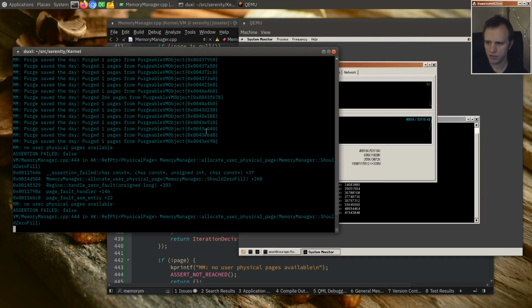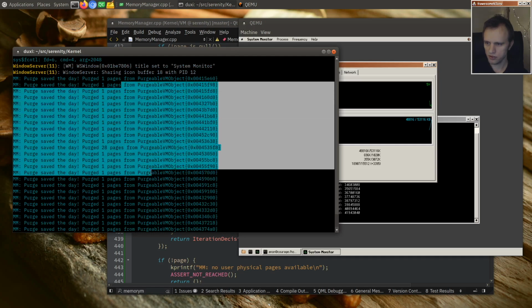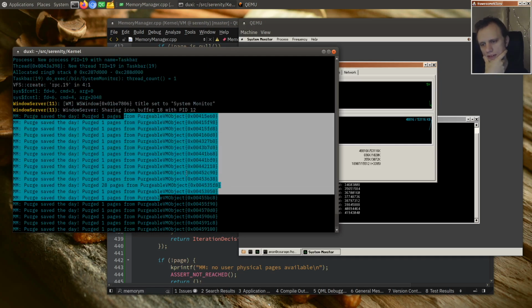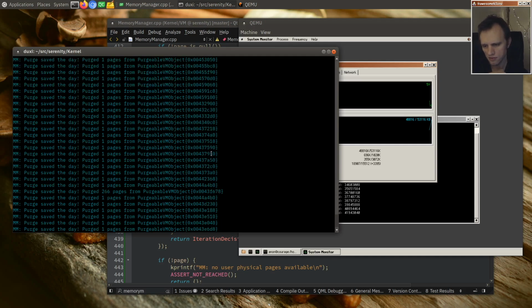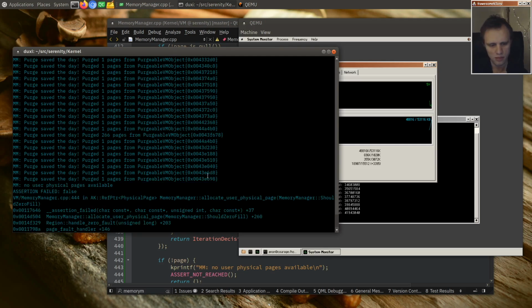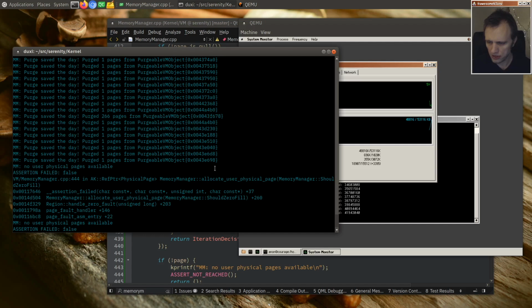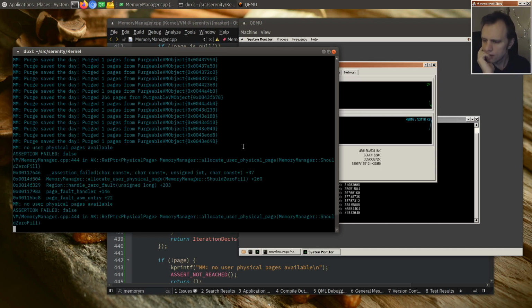Okay, we did a bunch of purging. Whole bunch of it. So these are cases where we would have panicked otherwise, but then of course we're unable to keep it up all the way. So we'll still run out of pages in the end, but we get a little bit farther, which is cool. So this is essentially the right behavior. It's just that now the program is,